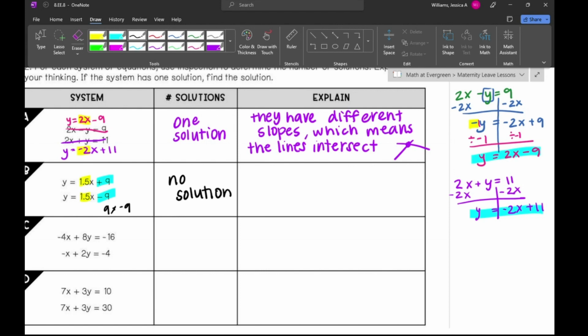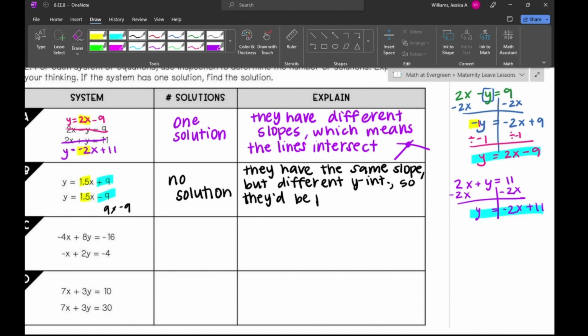So remember, if the slopes are the same, but the y-intercept is different, there's going to be no solution. So they have the same slope, but different y-intercepts. So they'd be parallel. Okay, and this is because if I were to graph this, I would have one line like this,